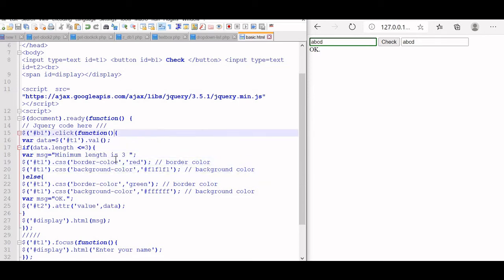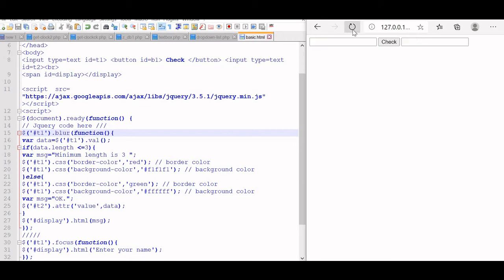This event is triggered when the focus is moved out of the element, here our text box. So let us change this, because now this will happen over the text box. The button is not used. Let us say T1. Now instead of click, you will say blur. So the entire thing is changed to the blur event of T1.